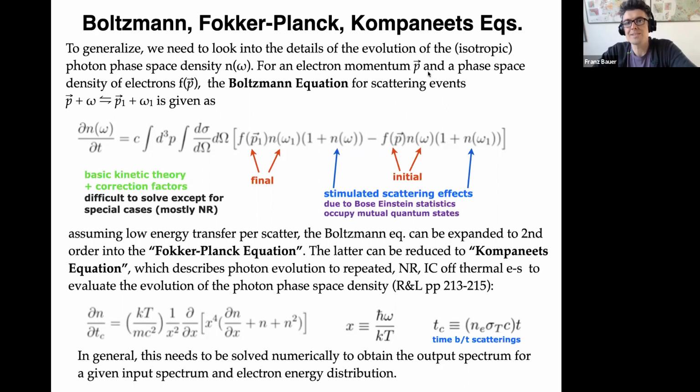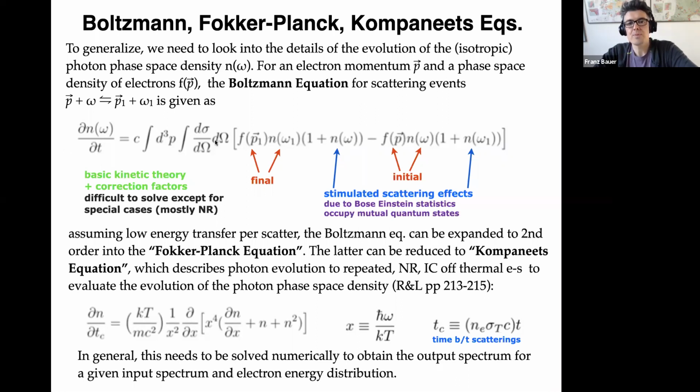And for the electron momentum and the phase space density of electrons, we would consider this interaction. We have the initial momentum and the initial frequency of the photon, and we end up with something that comes out which is modified. Taking all of this into account, what we would measure is the change in the phase space density of photons as a function of time, as a function of frequency,